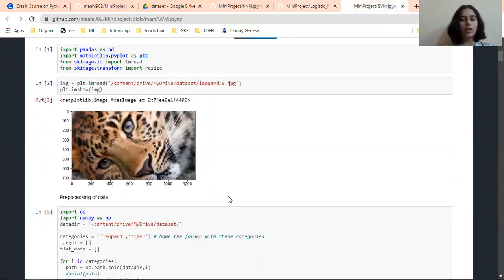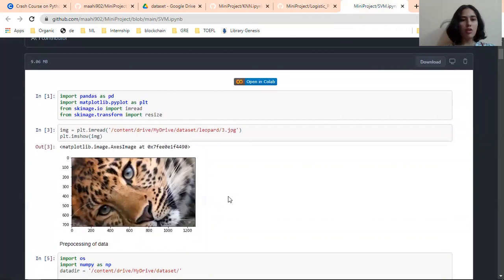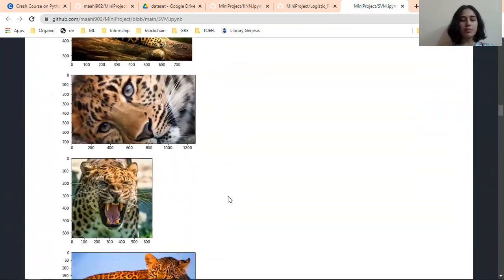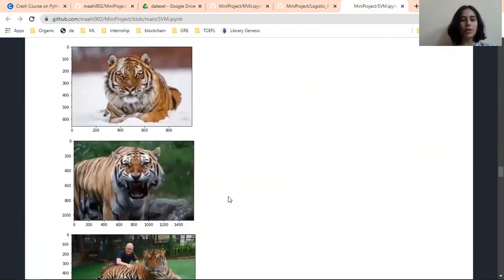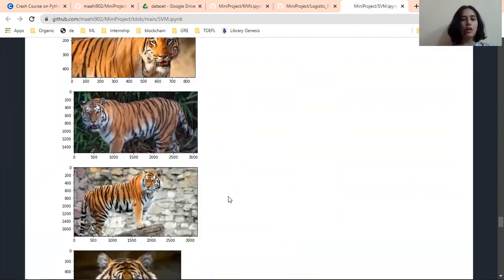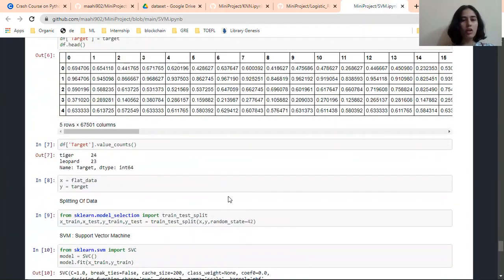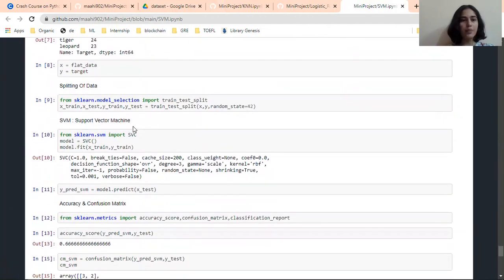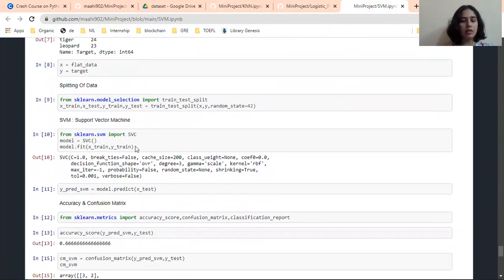And the third model I have used is SVM. It is support vector machine, another machine learning model for image classification. Here also, after pre-processing and flattening of data, splitting of data is done.